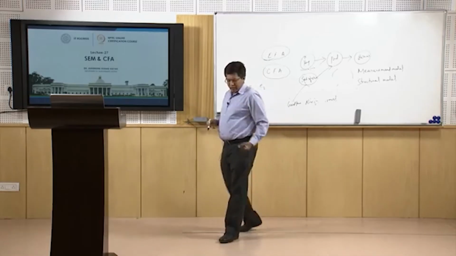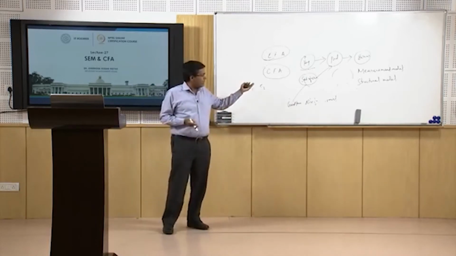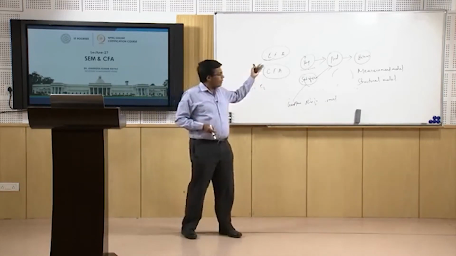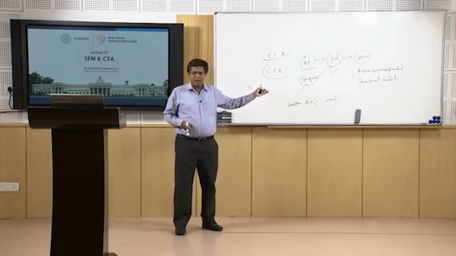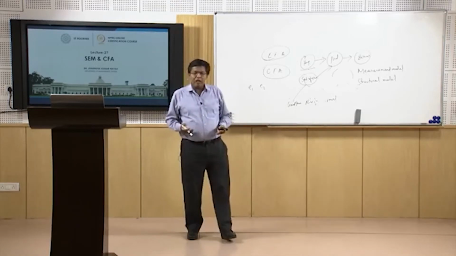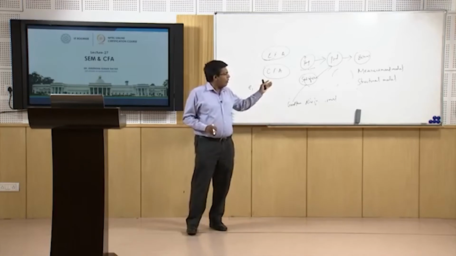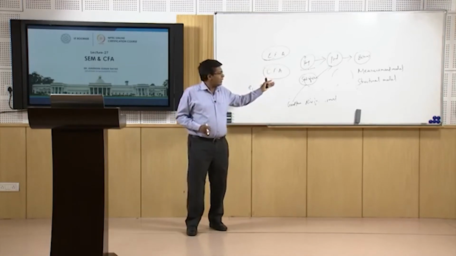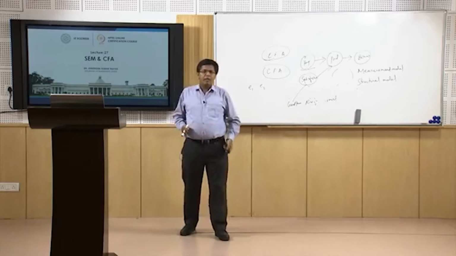So, now there could be a direct effect, there could be an indirect effect also, and in this case we can see that there is an element of an indirect effect which is present in this model, right. So, in such a condition just doing a multiple regression will not be effective, right. So, in order to avoid that situation, we use structural equation modeling, okay.